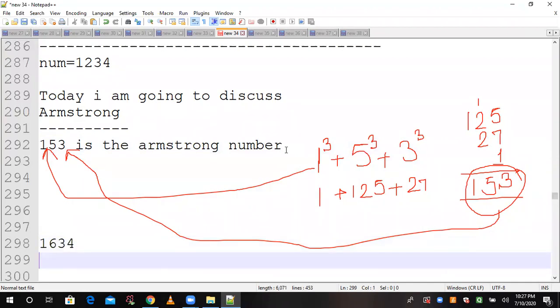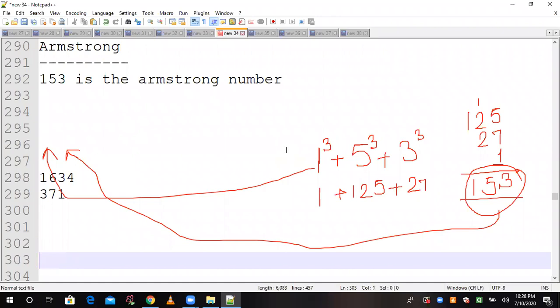1634 is another example of an Armstrong number. Now, if we check another number like 371, it is also an Armstrong number. You can check by yourself. I have already explained, first of all we have to understand the question, then we can go for the implementation part. So 371,